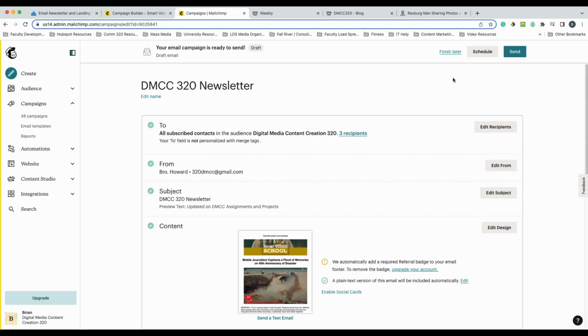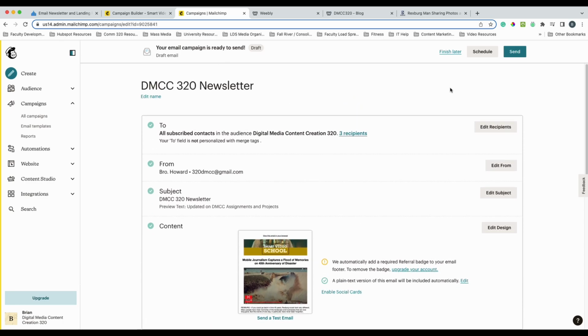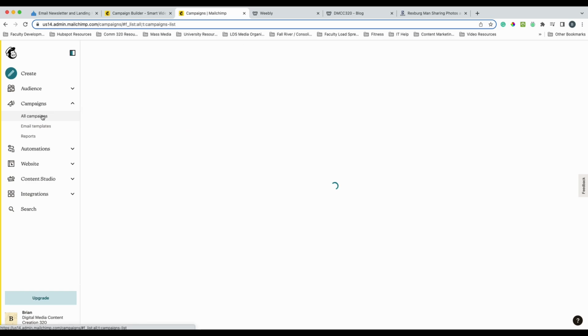Now here you can either send it, which we don't want to do just yet. You can schedule it, and we're not going to do that right now. In other words, schedule when you want it to go out, or finish later. So right now we've got it saved, so we're all good with that. So we're going to leave it there, and then I'm going to show you where you can find the link to this newsletter. So I'm going to go over here to the campaigns and all campaigns, click on that, and